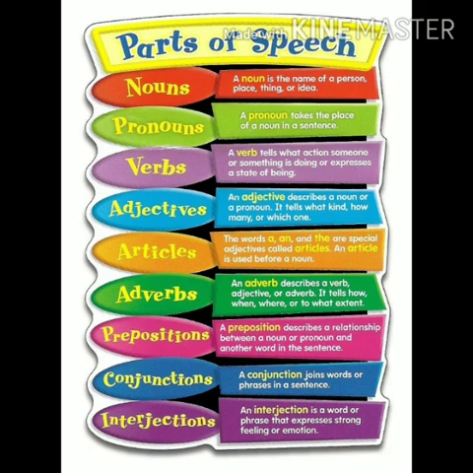And then adjective. Adjective is a noun qualifier. It describes a noun or pronoun in the sentence. Then we shall see preposition. Preposition tells the relationship between a noun and a pronoun or another word even in the sentence. And then conjunction. Conjunctions are connectors that join a word or phrase in the sentence. And interjection. Interjections are words which express a strong emotion.